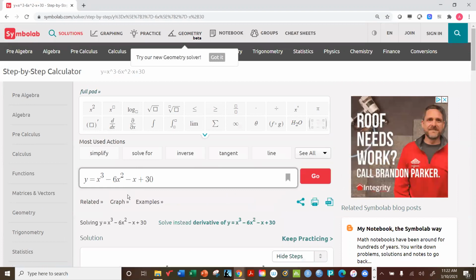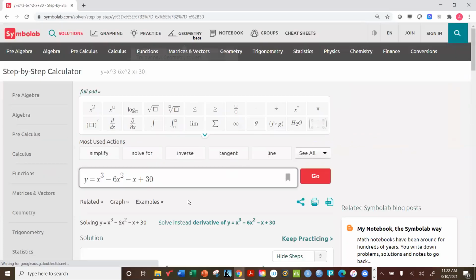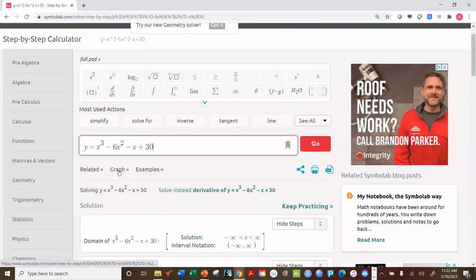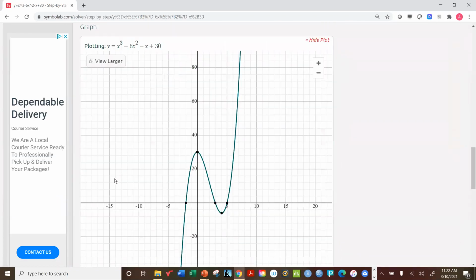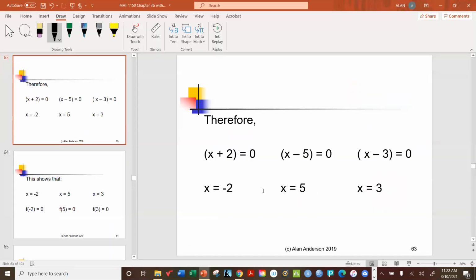And then we'll see, since this is a cubic, it does have three solutions. We found the factors are right, so you can see it crosses the axis at (-2, 0), (3, 0), and (5, 0). So this is the one that we forgot about. And so in other words, what they're saying here is that all you have to do